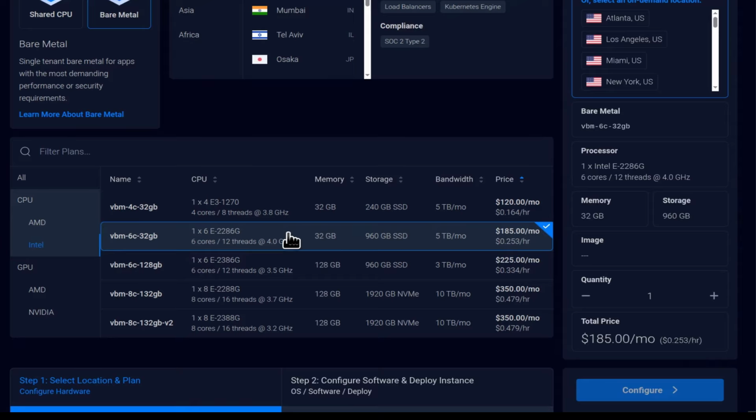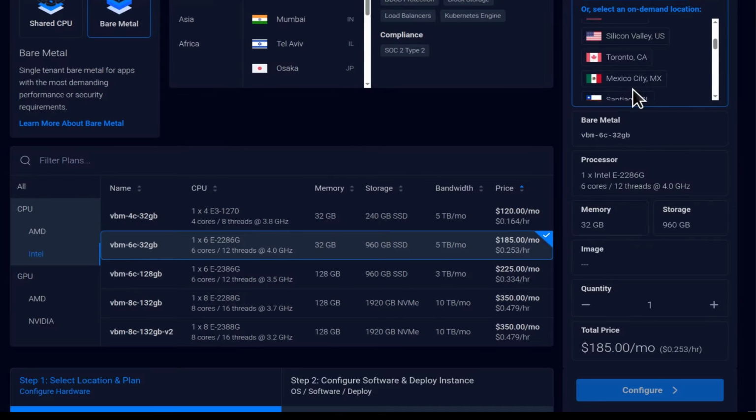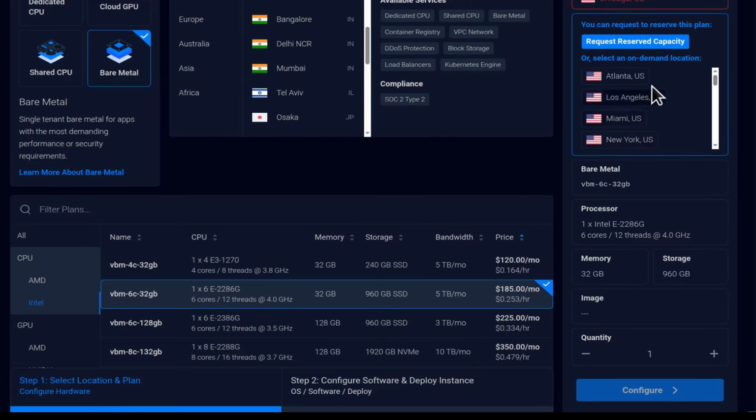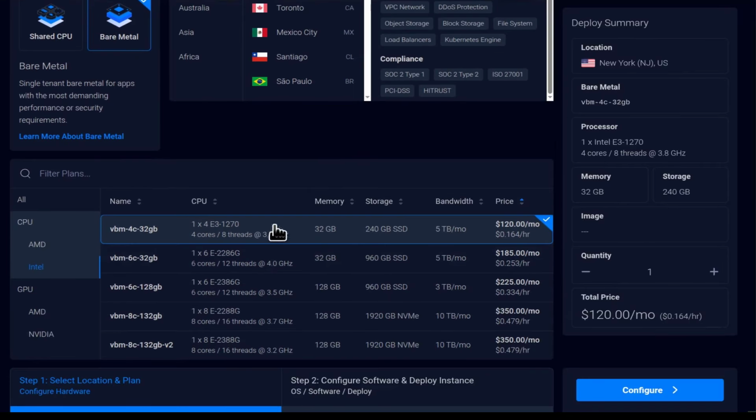So I've selected that. If I come up here, you'll see that the server that I've selected is not available in the Chicago data center. So let me select an alternative location. I can go with New York. So I'll just select New York. I will stick with this server,